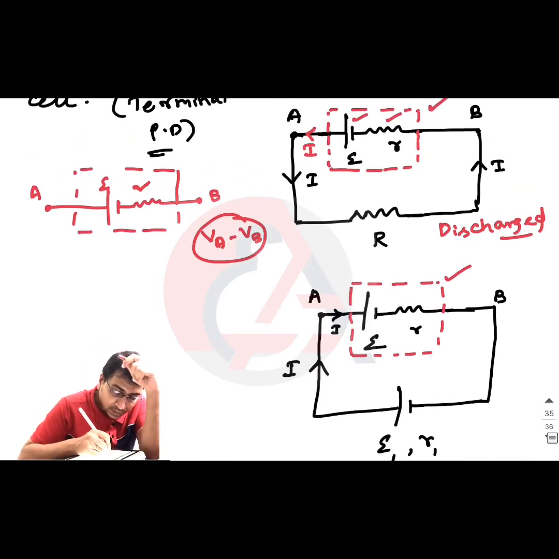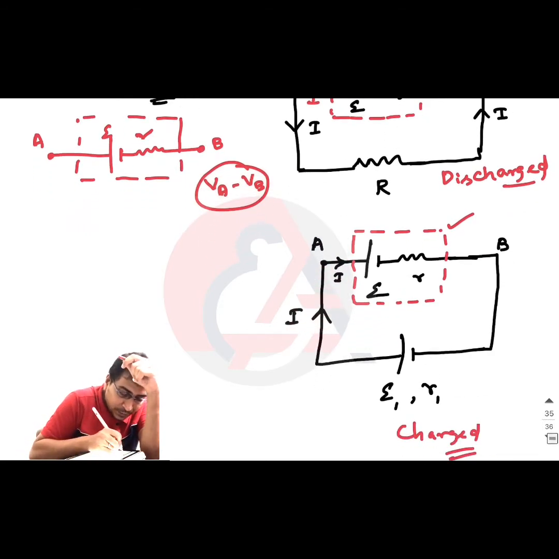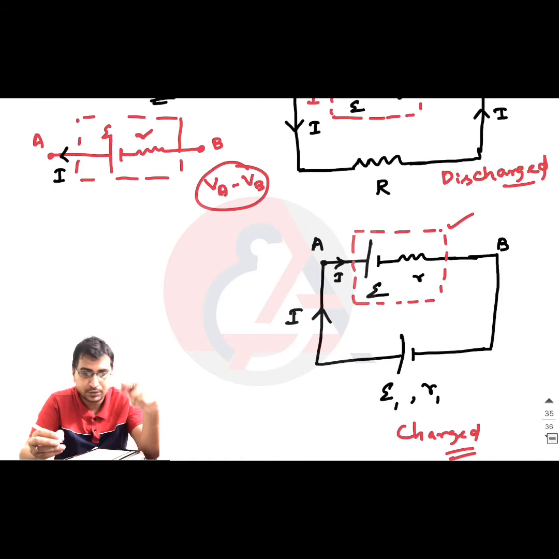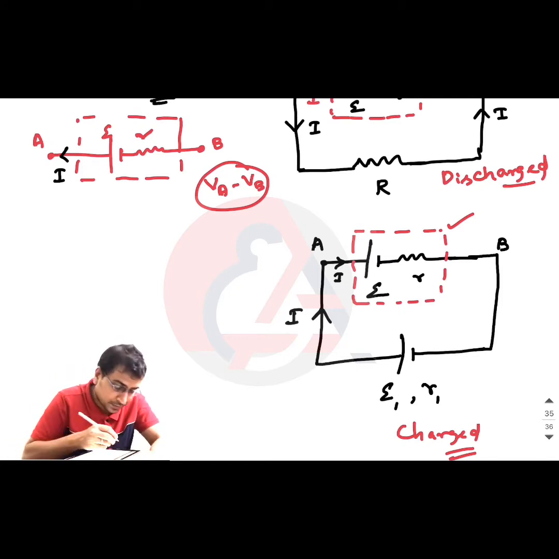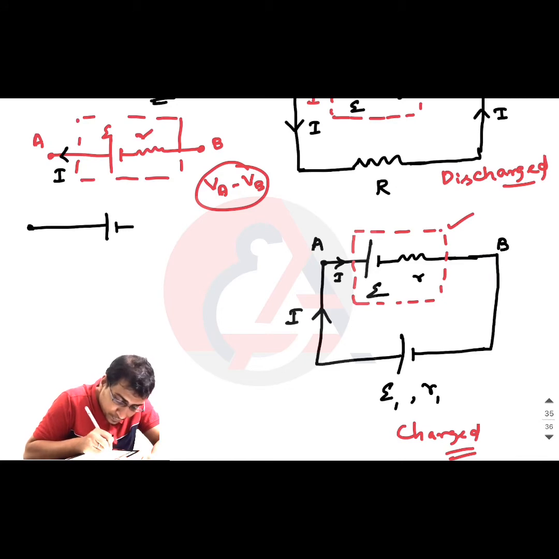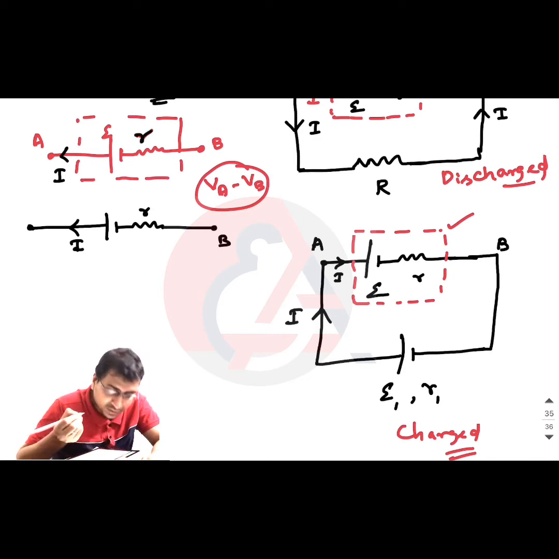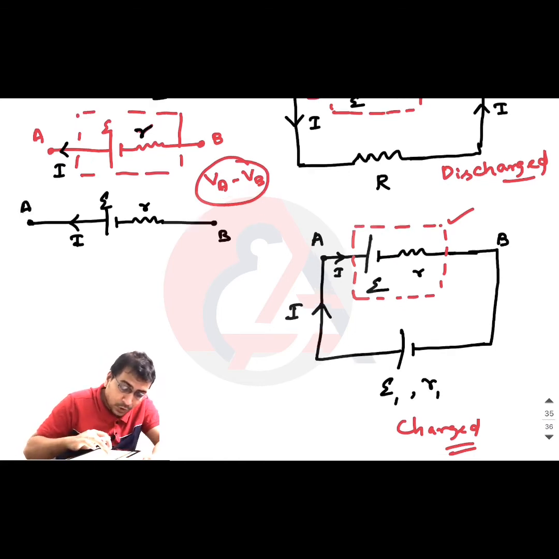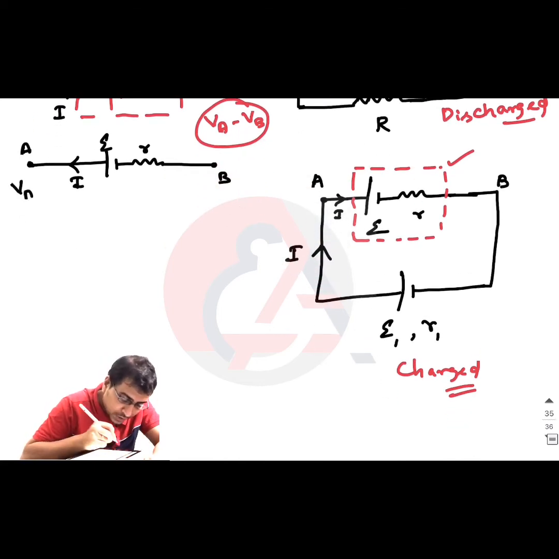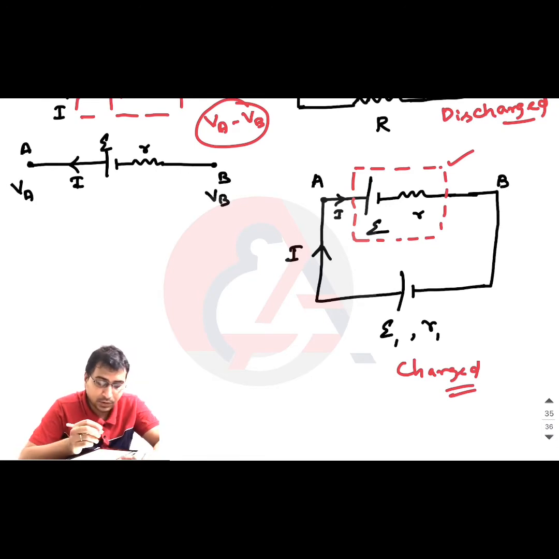So I have taken a diagram like this. For this case, let me say that the cell is getting discharged. Look at the way I am going to apply Kirchhoff's law. Since the cell is getting discharged, I am treating this internal resistor also as an external resistor so that it becomes easy for me. The point A has a potential VA and the point B has a potential VB. Our work is to calculate VA minus VB.